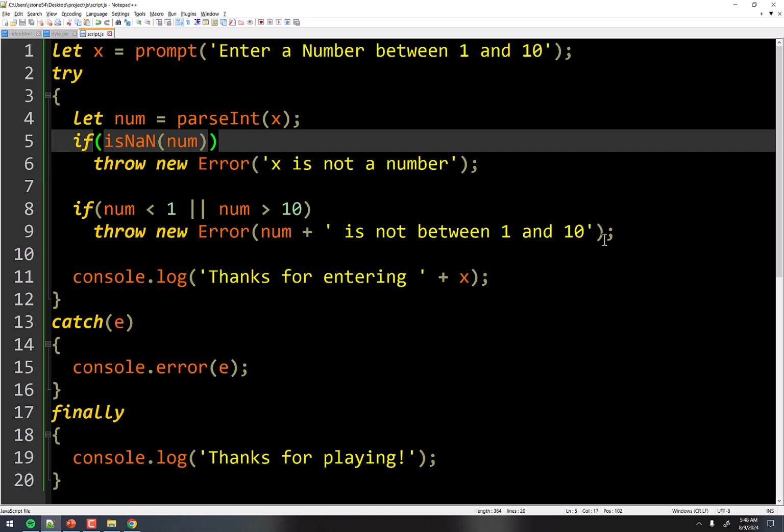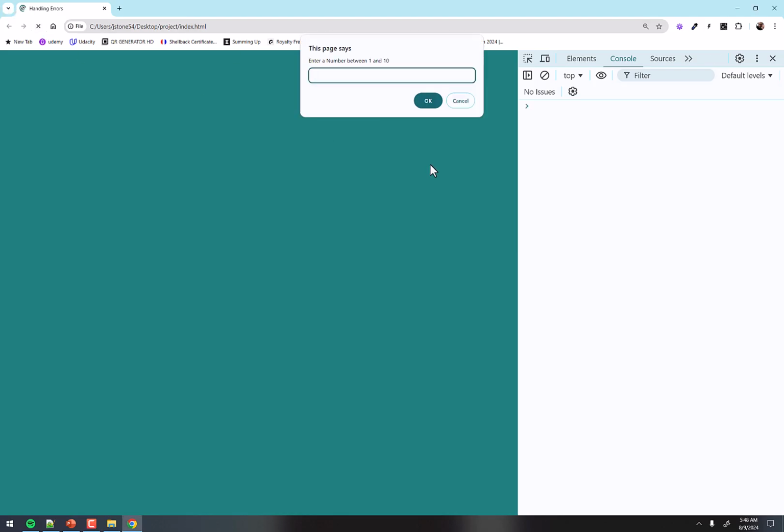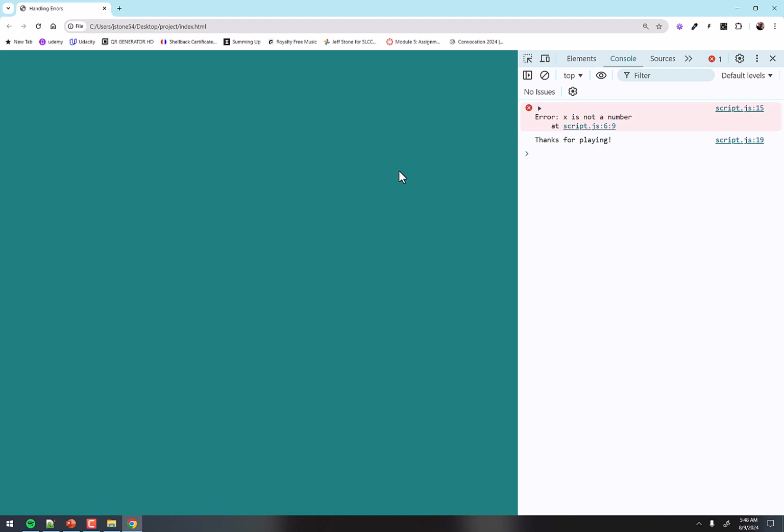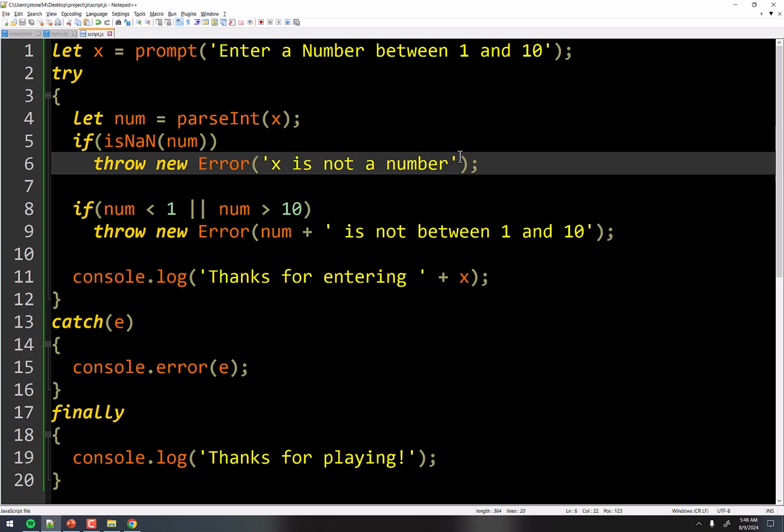So right now, if I were to say x is not a number, watch when I run this and I say Bob, it's just always going to say x is not a number. But if we use, instead of the quotation marks here, backticks, which is the one on the tilde key, the one to the left of your number 1 on your keyboard. If I use backticks there, and then we're not done yet, then we put the variable in curly braces, and we're not done yet. You put a dollar sign before all of that. So now I have this dollar sign curly brace x thing, and this will look at this and go, oh, we're going to interpret that as a variable rather than just printing out plain old text.